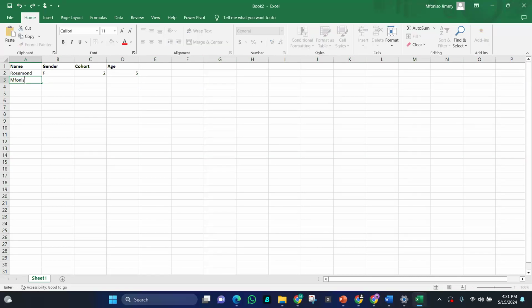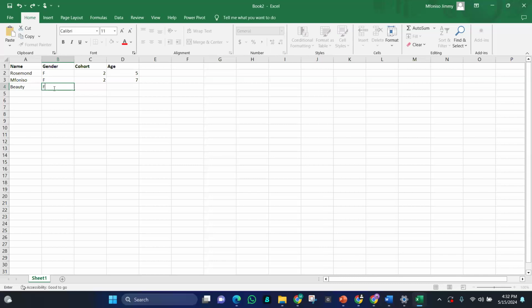Then Funny. So she's female, she's in cohort 2, and she's 7. Then Beauty, she's female.